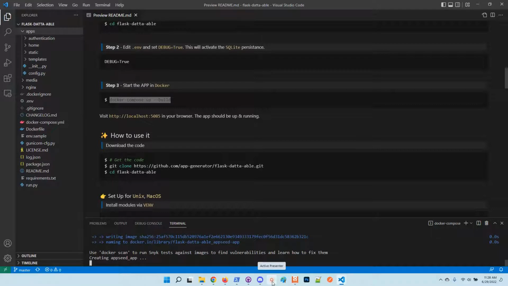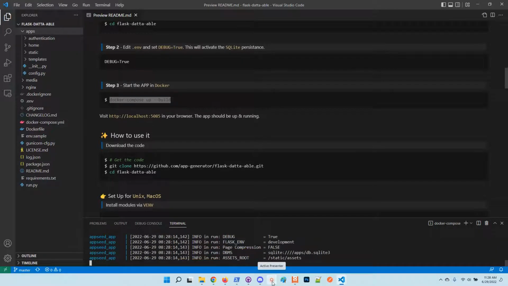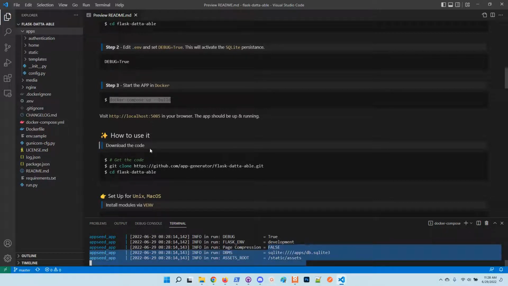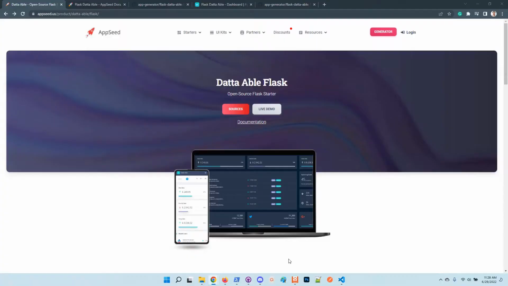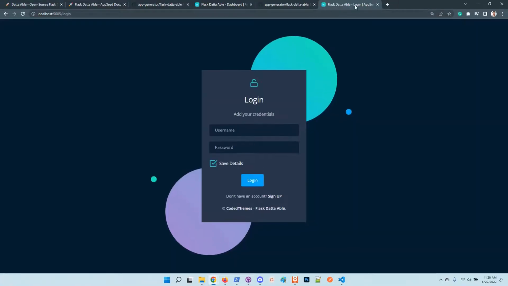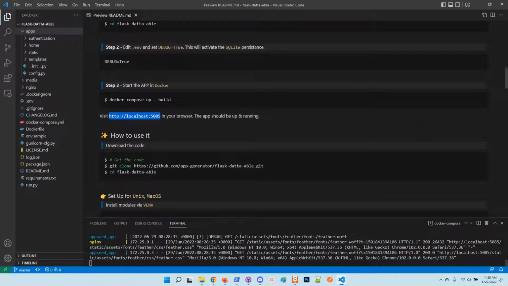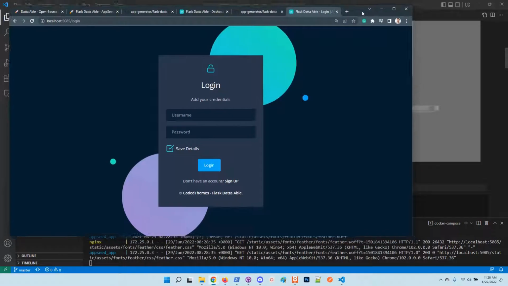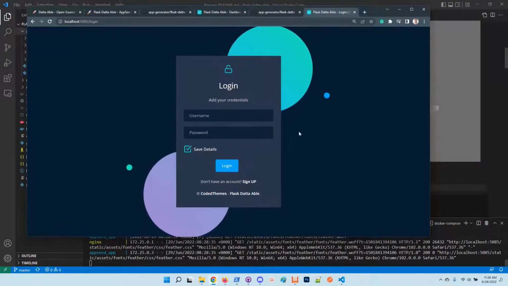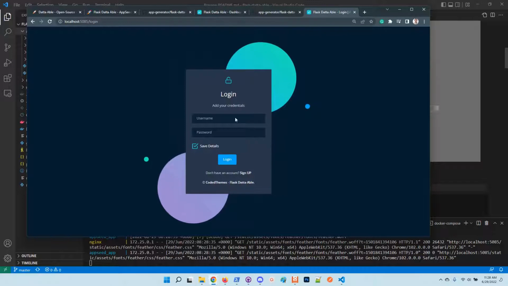What Docker does is install the modules, set up the environment requested by Flask, and start the application. Once you see the success message in the console, you should be able to access the application in the browser and play with it. Okay, sorry, just to make sure the application is served